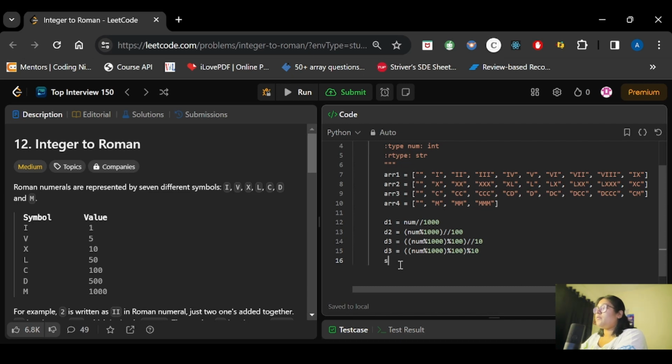Now in the string what we will do here, str, let's take it as st, and we will return arr 1 of it will be d4, right? So d4, since we are going in the reverse way, let me just start from ARR4. Okay, so I will take ARR4